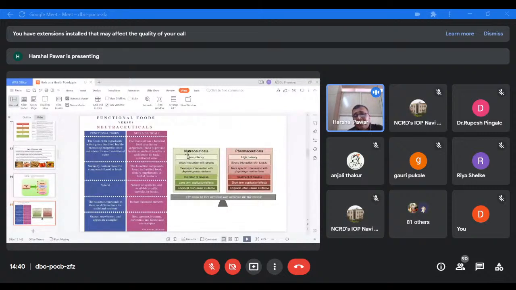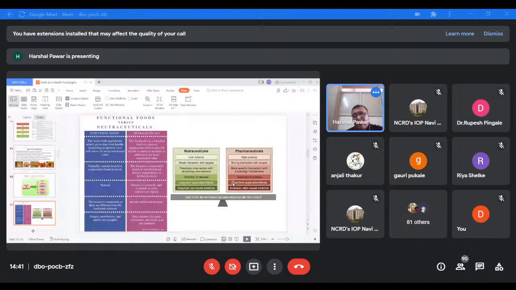But the major benefit we are getting from nutraceuticals is that when you are consuming them for a longer period of time, you may not see any major side effects or adverse reactions which we can probably see with the pharmaceuticals. Right, most of these nutraceuticals help in inhibition of diseases, whereas pharmaceuticals we are directly using for treatment of